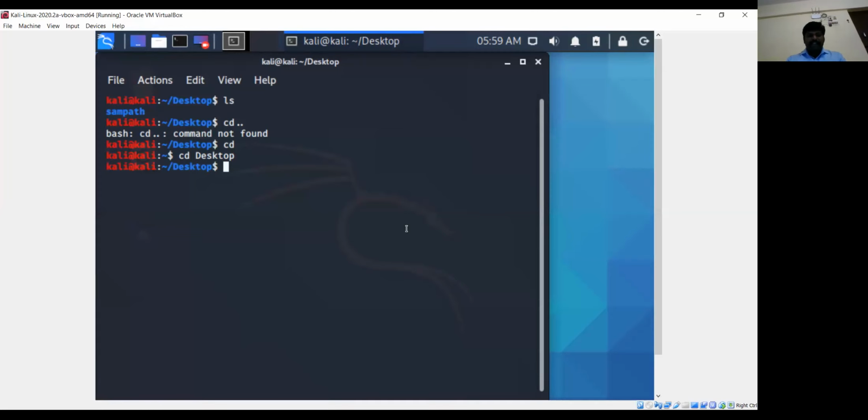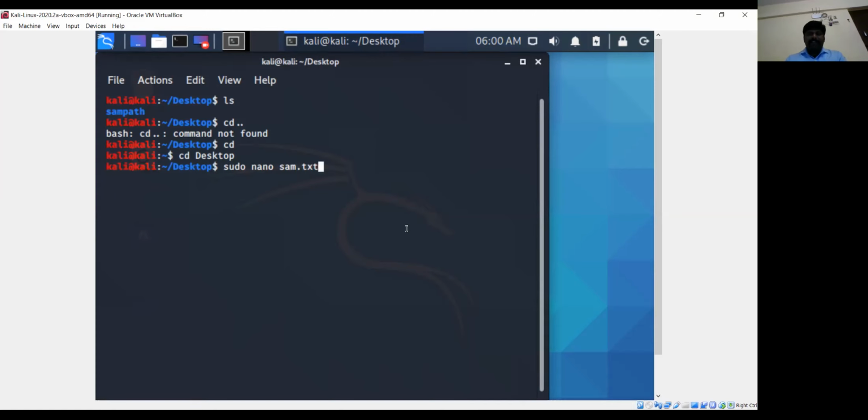Now in this desktop, I just want to create a file, maybe any simple text file. There are multiple options through which you can create a text file. You can use a vi editor, or gedit, or a nano editor. Now I'm going to use nano. I'm going to use sudo nano, and then the file name. Sampath's name is already there, so I'm going to use sam.txt, so that will not make any confusion. Now this is the command to open a text file named sam.txt.